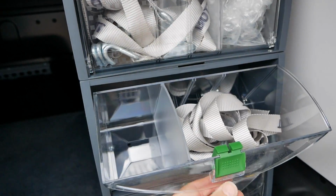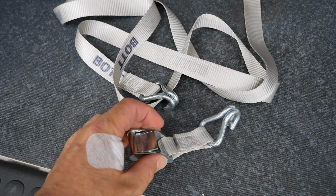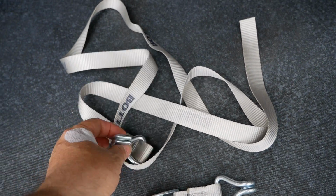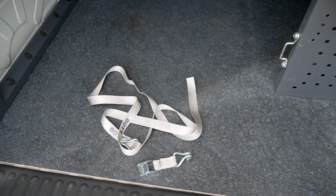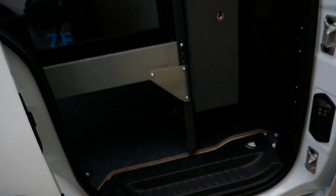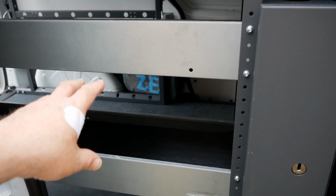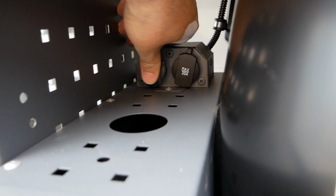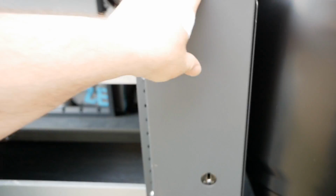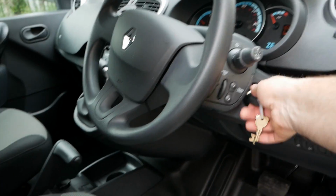So the straps in these cubbies here are these quick release straps with hooks on the end, and that's about 2 meters long, and there's 5 sets of those in total. And then on the driver's side sliding door you've got access to your shelving there. You've got 2 power outlets there, and then this is a lockable compartment. Let me just get the keys,